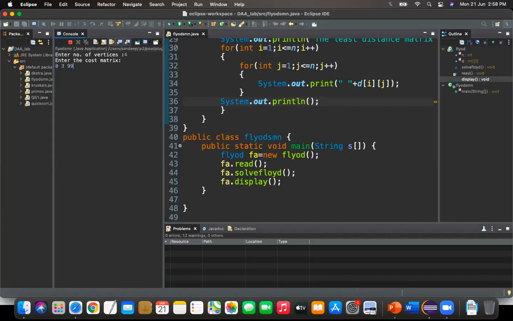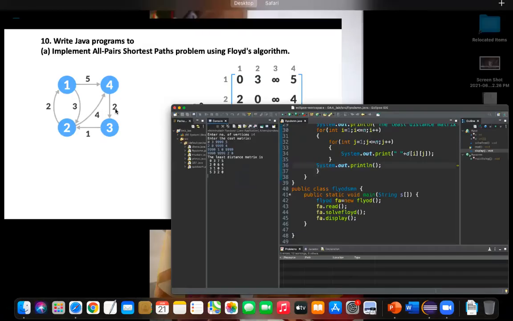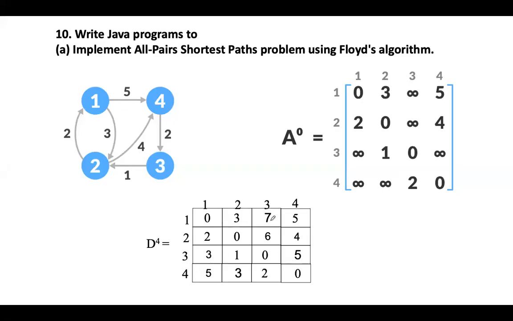Is the output visible? So I have provided the input for this graph, and the output's first row is 0375. Let's verify. Okay, output is 0375.